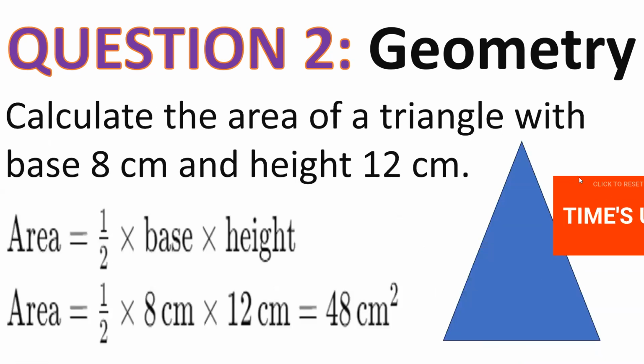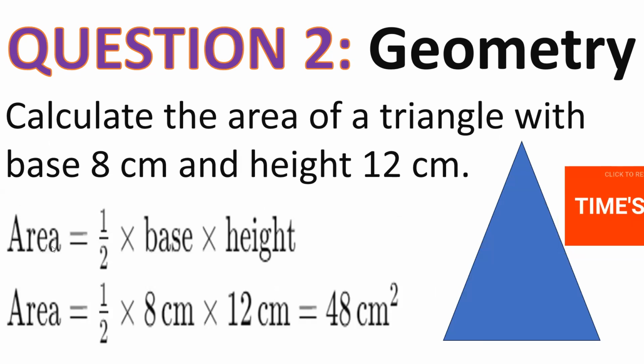So let's try to explain this one. Formula for area equals half of base times height. Half times base is 8 centimeters. Okay, let's show on the triangle. It is 8 centimeters here. Base B, let's say. And then height is here, just from this side. H equals